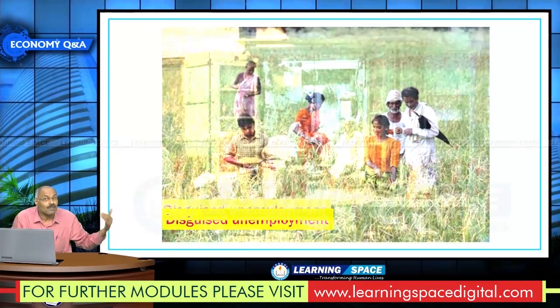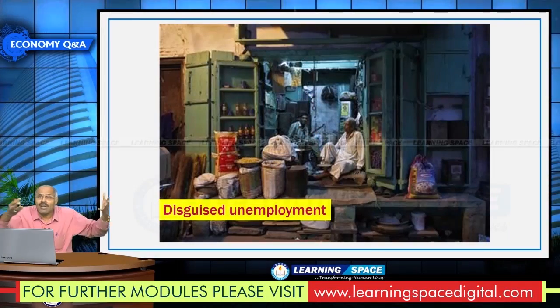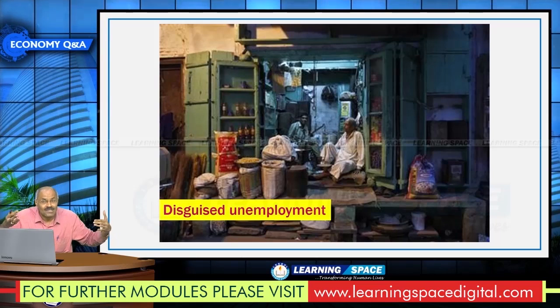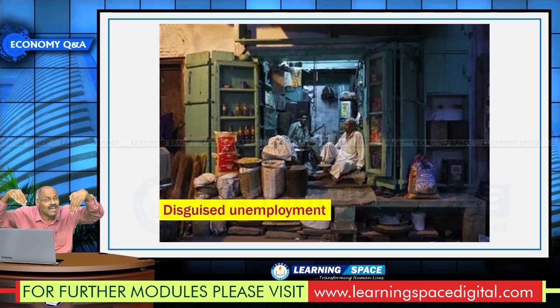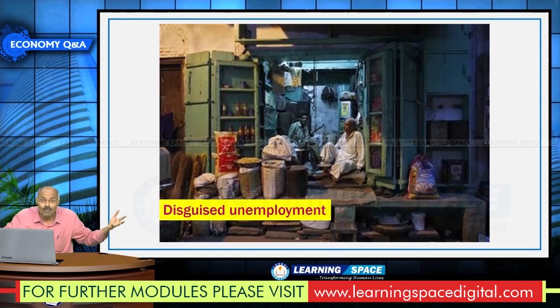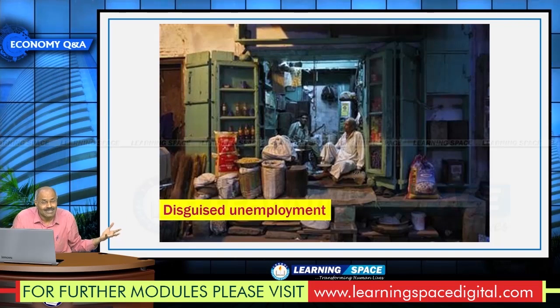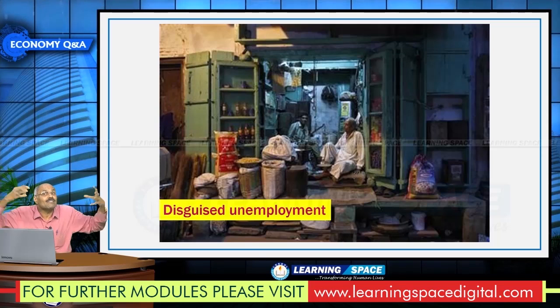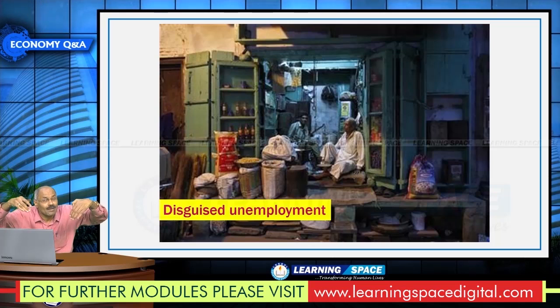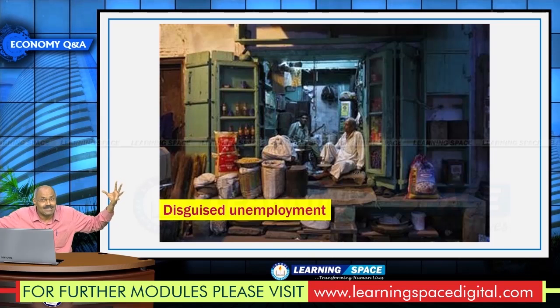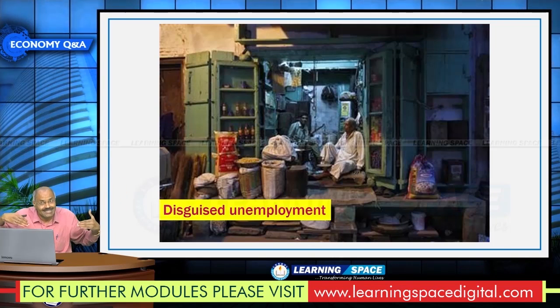At the same time, please look into this. It is a small kirana shop. 2 persons, let us assume father and son, are sitting in the same shop, and this is example of disguised unemployment. That means the productivity is very low and it is employing more than the required persons, basically family businesses